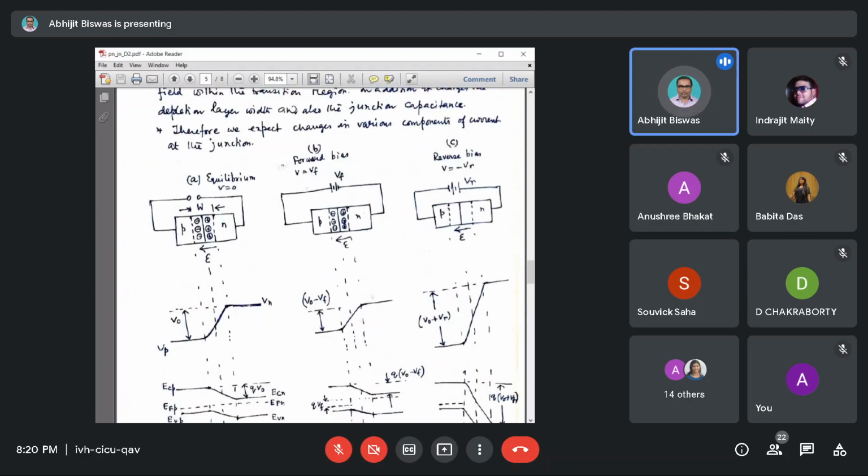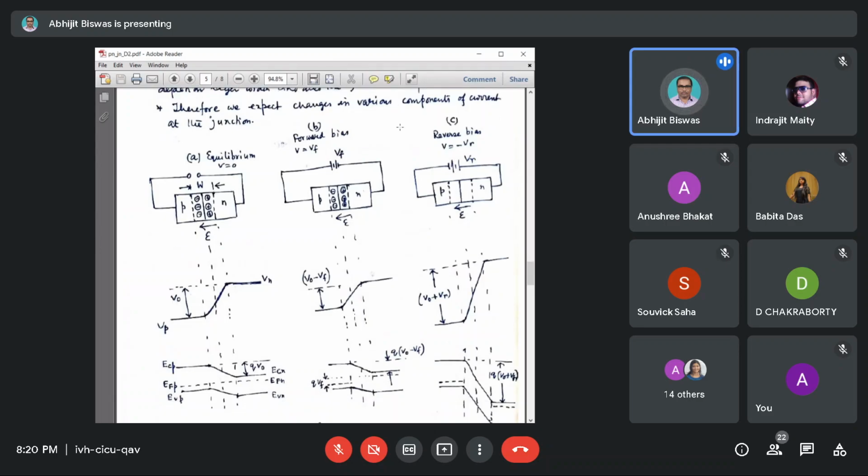তাহলে তিনটে বায়াস কন্ডিশনে আমি এক্সপ্লেন করলাম। আই থিঙ্ক ইট ইজ ক্লিয়ার। If somebody has any problem you can ask me. But if there is no problem,